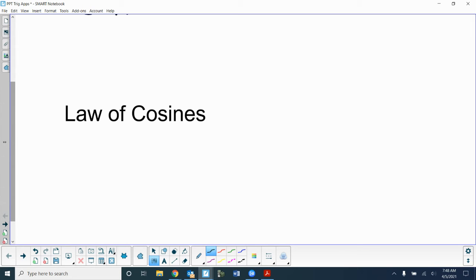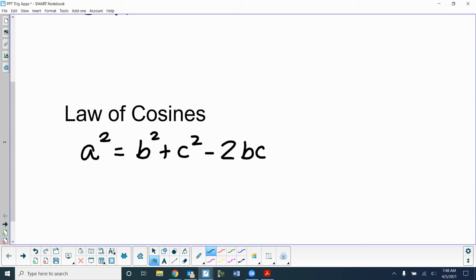Law of cosines was when we had side angle side or side side side. We had three different forms, but they're all basically the same. If we were looking for side A, this is the one we would use. A squared equals B squared plus C squared minus 2 times B times C times the cosine